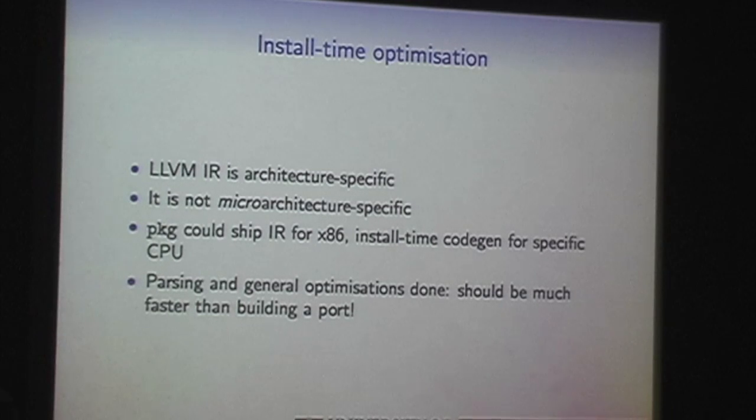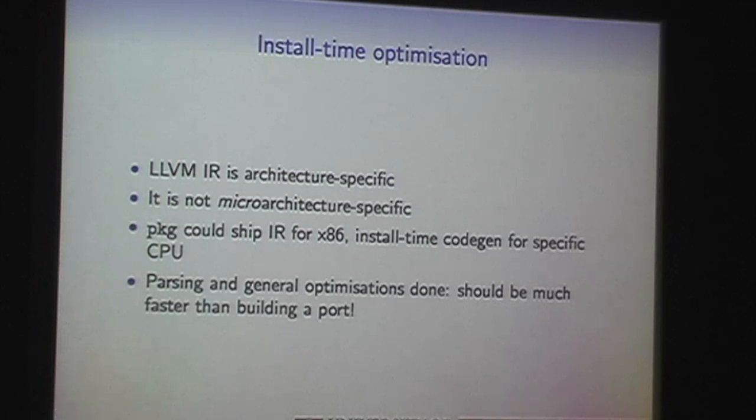One thing that we've talked a little bit about with various ports people is install time optimization. So LLVM IR is not like Java bytecode. It's not designed to be processor agnostic, and it's really hard to do that with C anyway, because by the time you've run the C preprocessor, even not the compiler, you no longer have target independent code. You have various things that rely on the ifdef big endian or ifdef little endian, that sort of thing. Various built-ins that tell you what the word size is.